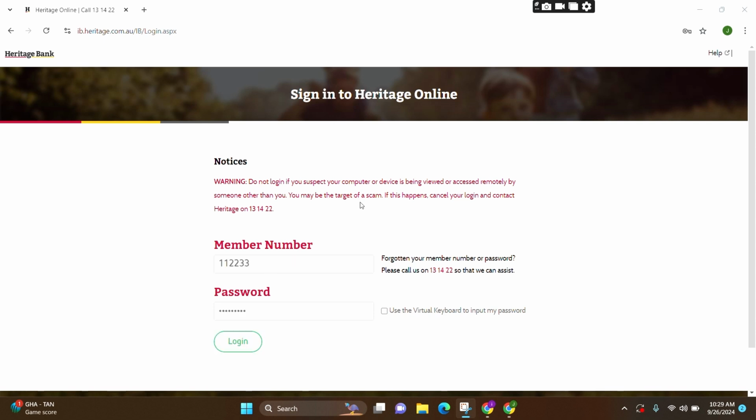Now in case if you have forgotten your member number or your password, then here you can see their phone number. You can call on that and they will assist you. If not, then you can simply click on login and you will be successfully logged into your Heritage Bank online